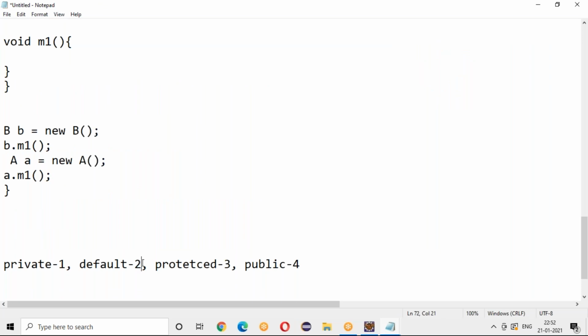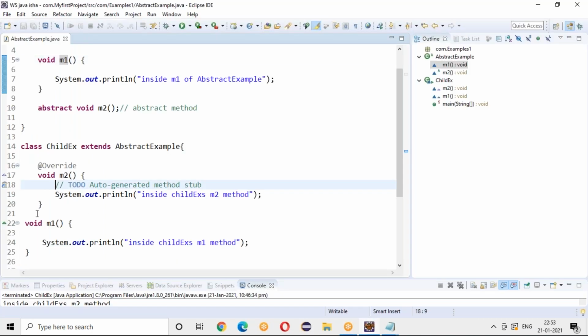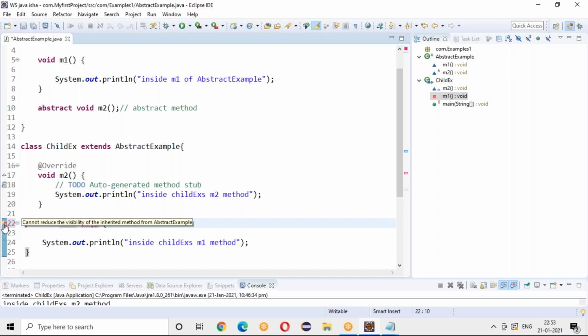Can I make that private? No. Why? Because if I try to reduce the accessibility, it should throw me an error. So for the M1 method, I am trying to keep it as private. What happened? It is throwing me an error. You can read what that error is: cannot reduce the accessibility of inherited method from an abstract example. So you are not allowed to reduce the accessibility of a method.